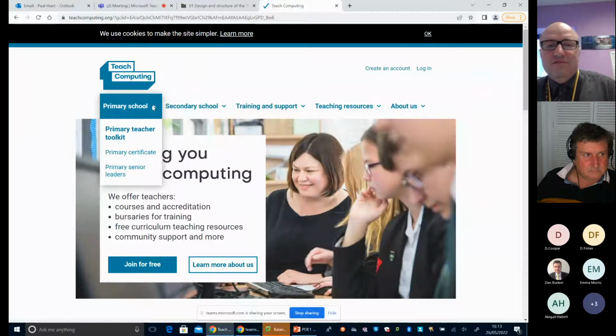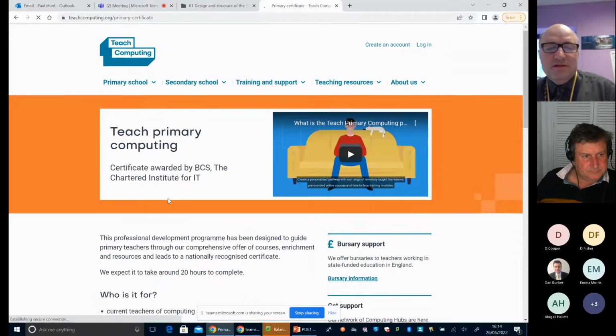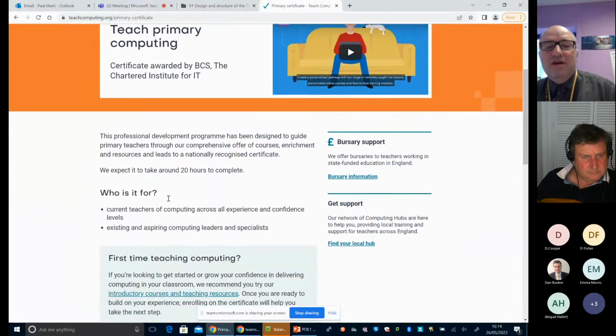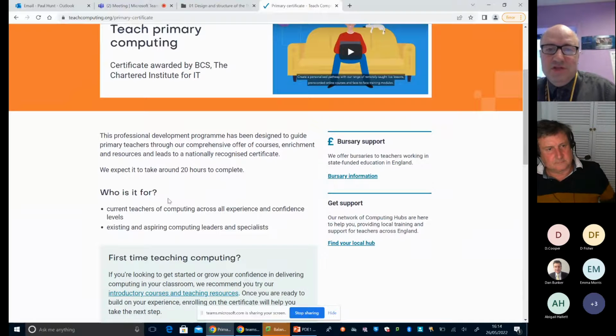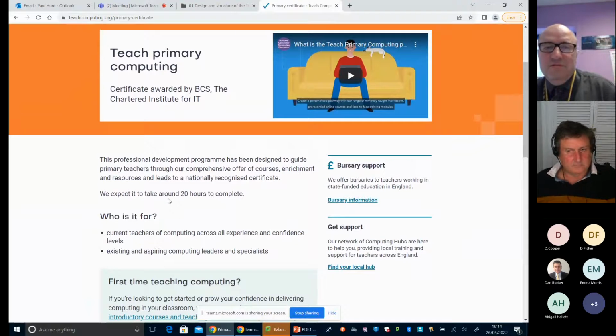We have lots of training that's available. If you go onto the Teach Computing website, you can search through the courses that you might want to do. I did mention the primary certificate, which is in here. The primary certificate will give you around 20 hours of CPD, and it will give you everything you need to be able to teach the primary curriculum.